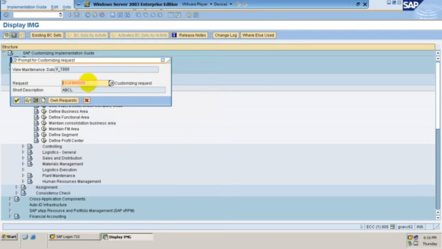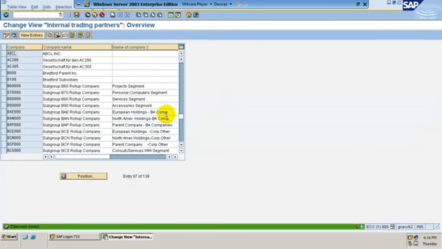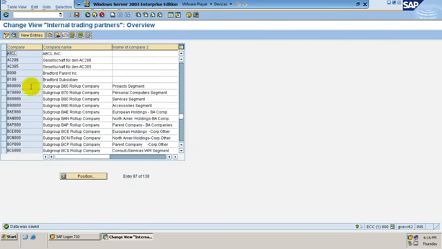System will generate a new transport request number with the name APCL. Now you continue. Now this is the APCL company, which has been created,